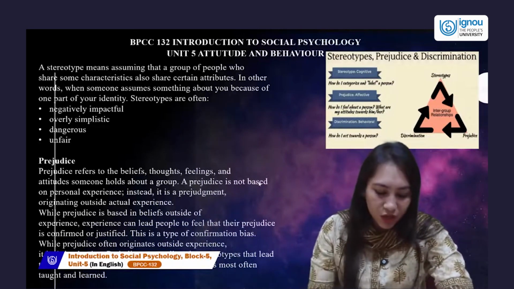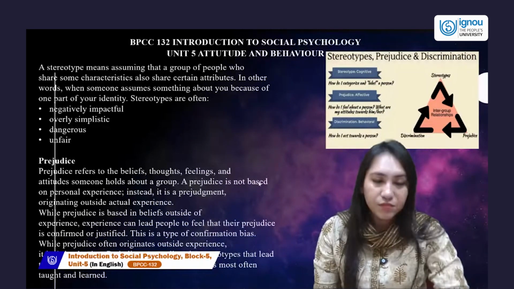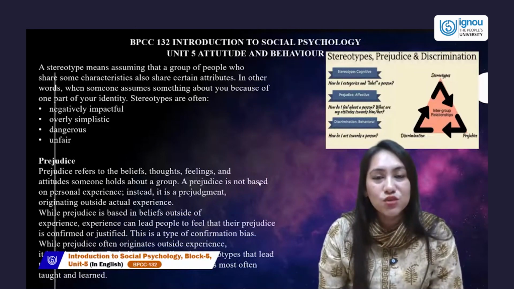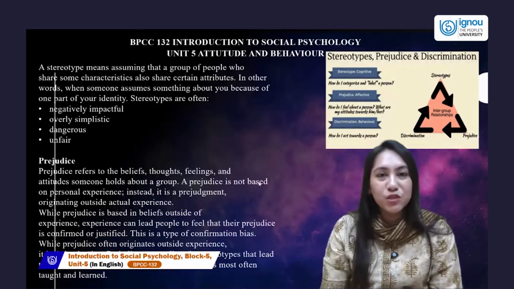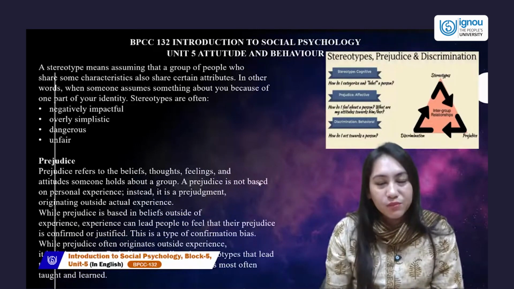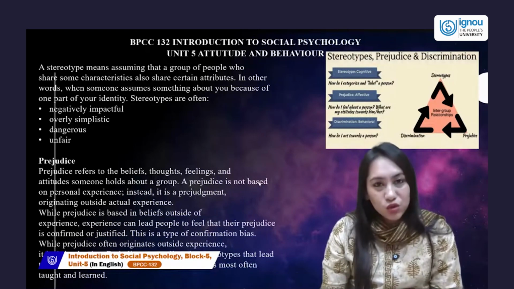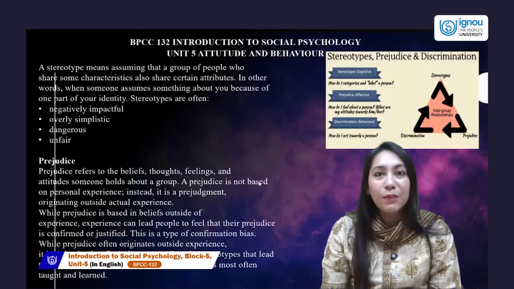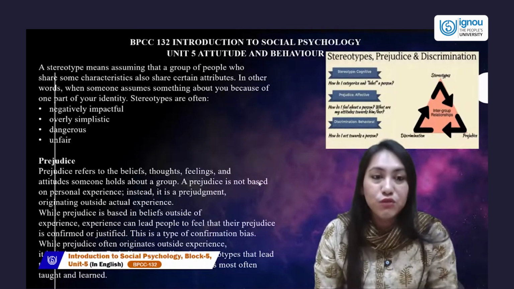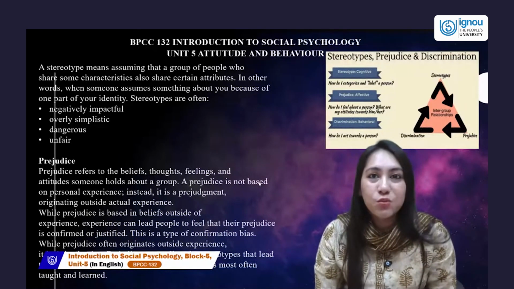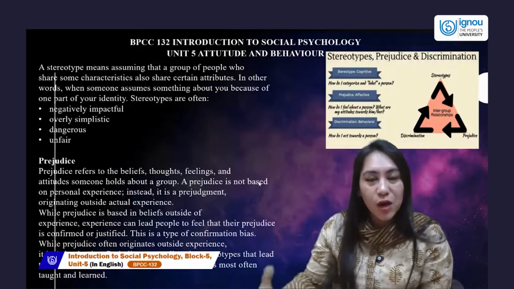So when we say behavioral component, that suggests it to be discrimination. Let's go through it with the help of the picture that you see on your left. Stereotype is the cognitive component, which is if you think. Prejudice carries both cognitive and affective components. So you feel, you think here, and you pre-assume. So see, it's a bigger component than stereotype.